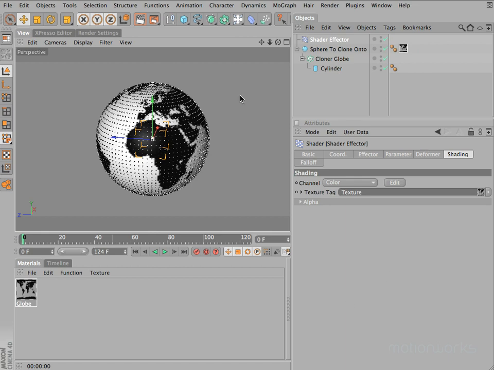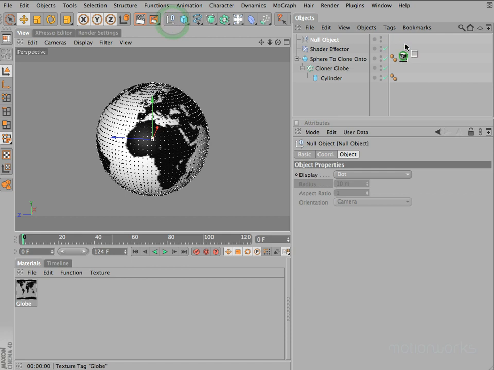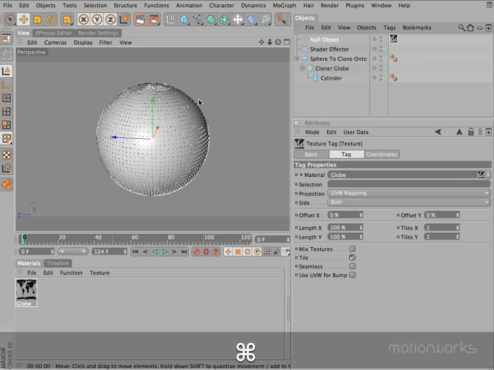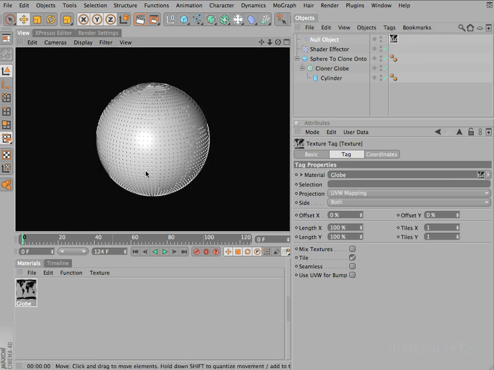At the moment it's quite difficult to see what's happening on our sphere. We could take our tag and remove it from the shader effector. For instance, we could add a null and just drag it onto there. You can almost see the effect that the shader effector is having. Let's hit render. And you can see that we have a difference in size and a difference in color based